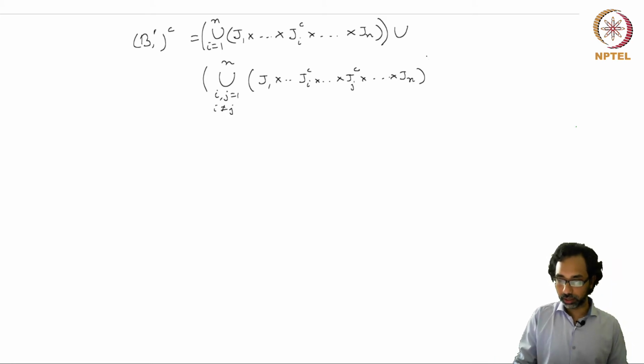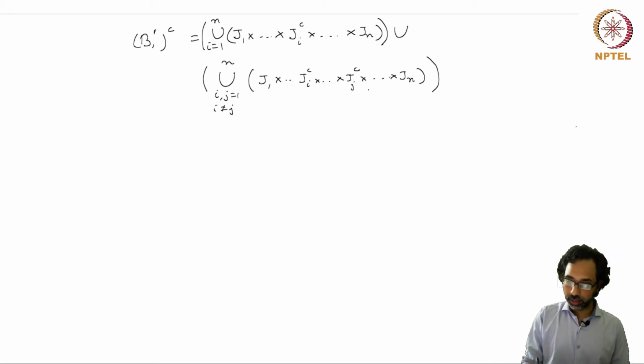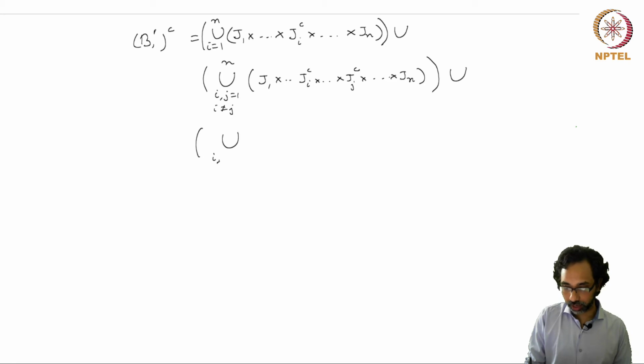So here we are assuming i not equal to j, because if i equal to j, then you will just have one set. So this is for distinct coordinates i and j, and you will put a complement for each of the coordinates Ji and Jj. Now we have, similarly, for i, j, k from 1 to n, i not equal to j not equal to